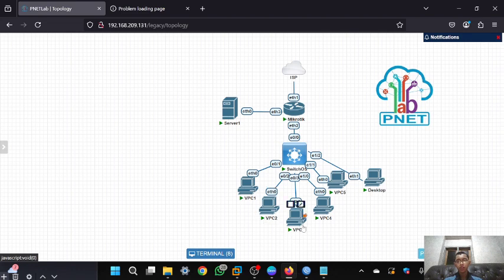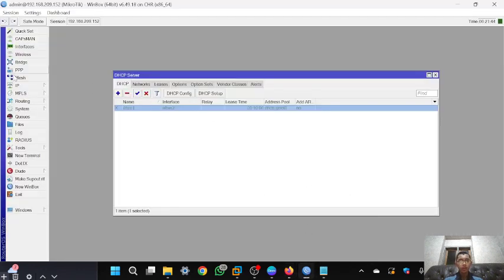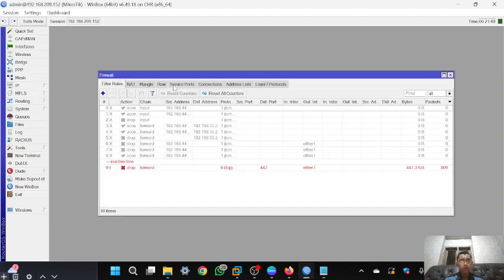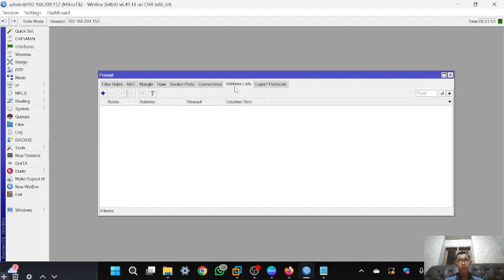Now I want that only VPC1 until VPC3 can access the MikroTik. So first you can go to IP and then firewall, and then you can click address list.